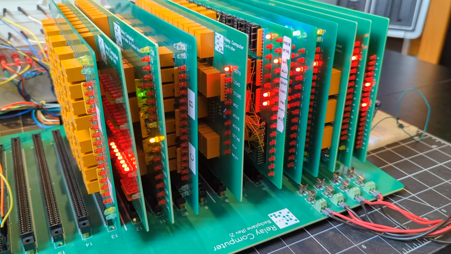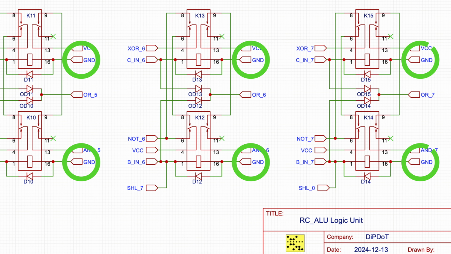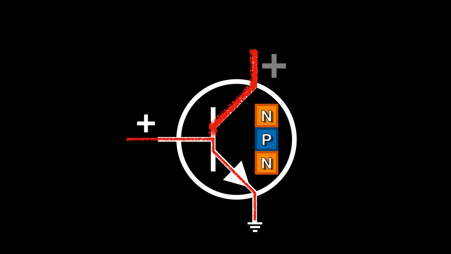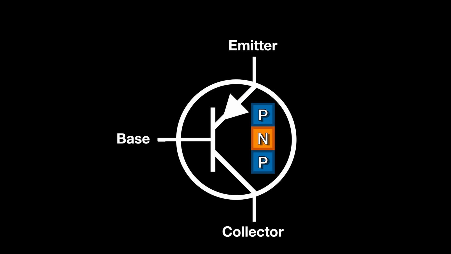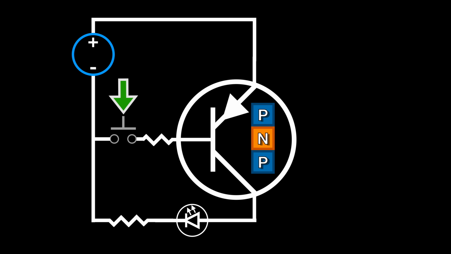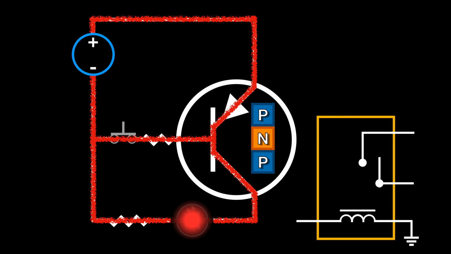The first is that all of the relays in the relay computer are grounded and therefore activated by positive current. And since NPN transistors are connecting the load to ground, they can't be used to drive the positive current needed for the relays. And this is where PNP transistors come into play. PNPs are placed between the power supply and the load, and when the base is at least 0.7 volts less than the emitter voltage, the transistor switches on and provides positive current through the collector